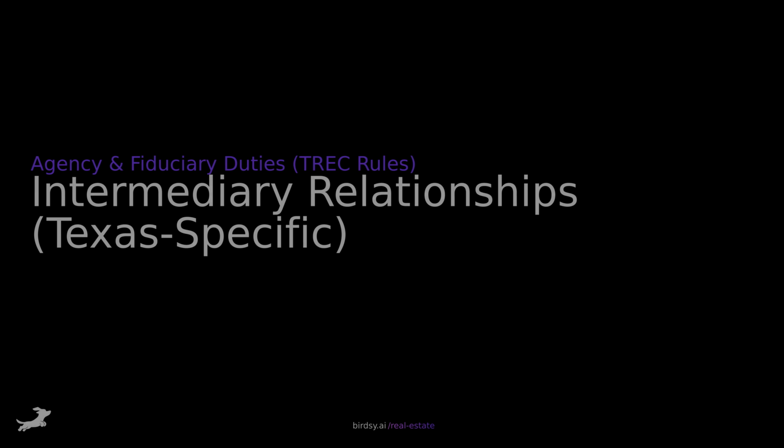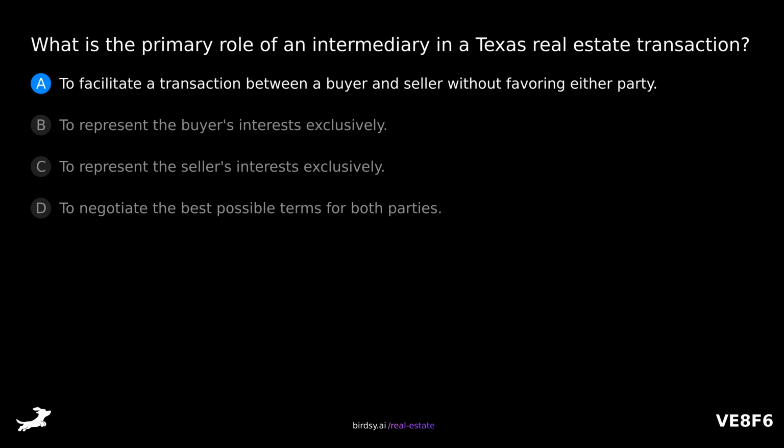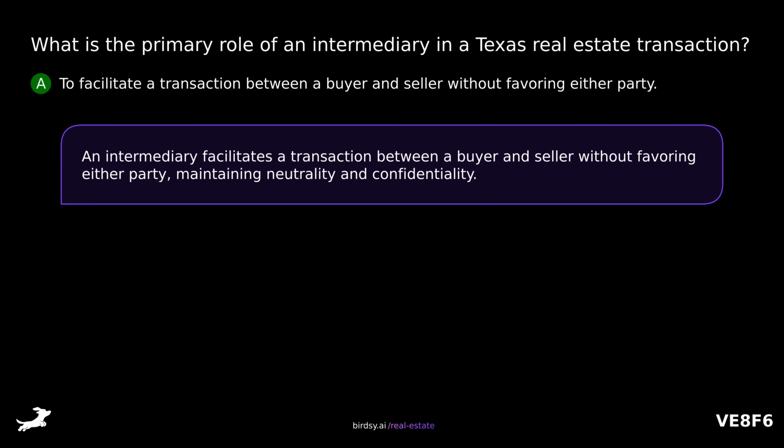Intermediary relationships. What is the primary role of an intermediary in a Texas real estate transaction? Is it A, to facilitate a transaction between a buyer and seller without favoring either party? B, to represent the buyer's interests exclusively? C, to represent the seller's interests exclusively? Or D, to negotiate the best possible terms for both parties? The answer is A, to facilitate a transaction between a buyer and seller without favoring either party. An intermediary facilitates a transaction between a buyer and seller without favoring either party